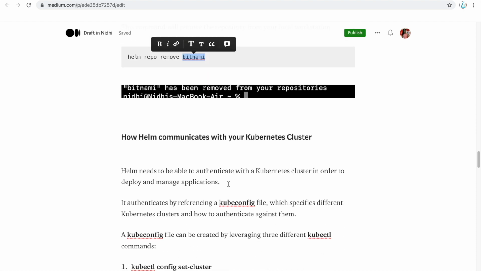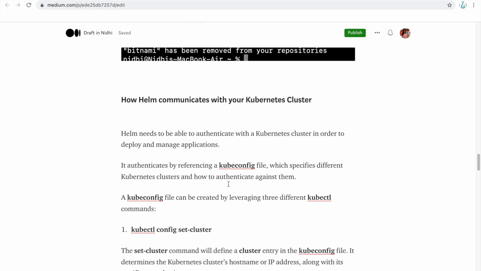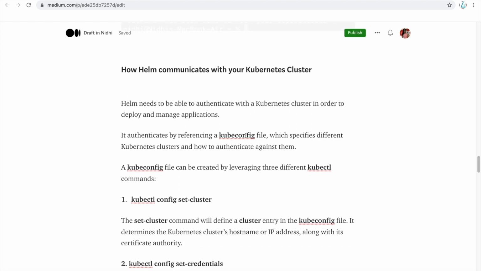Okay. Now the second thing: you have the basic setup of Helm, and you know that you want to install an Nginx service. Helm needs to communicate with your Kubernetes cluster also, right? So how will it do that? It authenticates by referencing a kubeconfig file, which specifies different Kubernetes clusters. This is a kubeconfig file where you will find all the cluster information and how to authenticate against them.